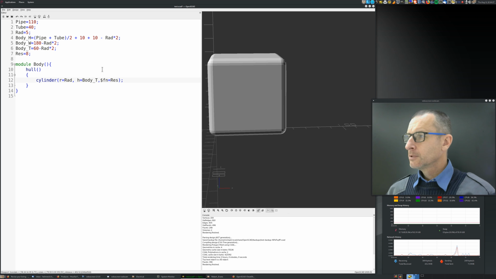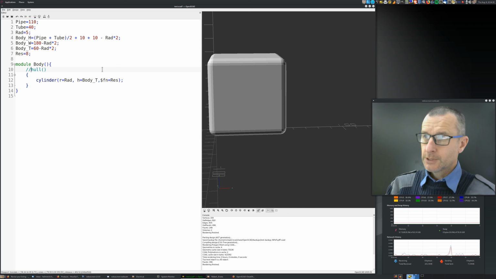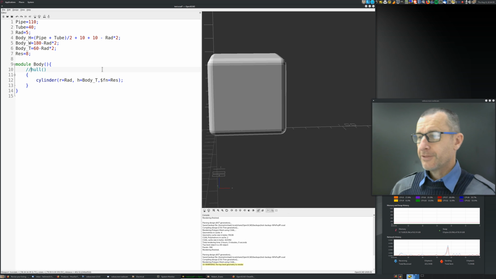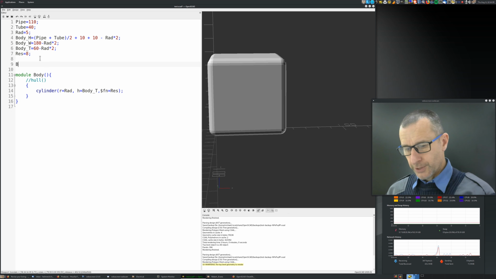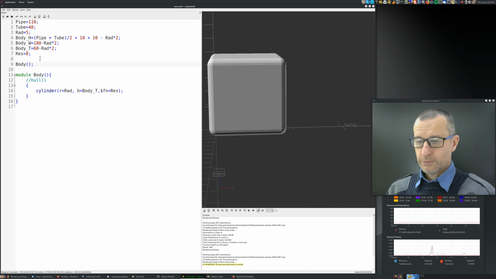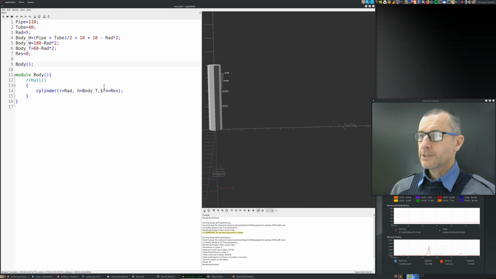And I might just disable hold for a second, so we just see what I've created. Well, nothing, because I haven't called the module body. So everything inside a module will be basically ignored unless we call upon it. So body, semicolon. So that's actually now going to be called upon. F6. Okay, so that's how we